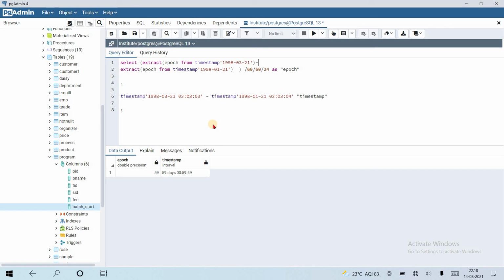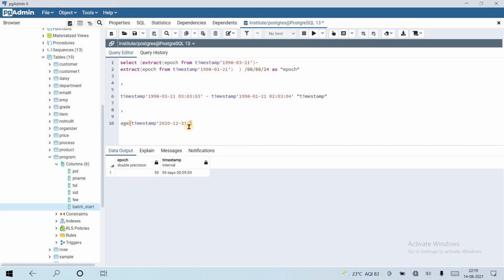Okay, and the last one is age, that we have seen above. It will return an age in, suppose, age of timestamp some date. This date, suppose 2020-12-31.